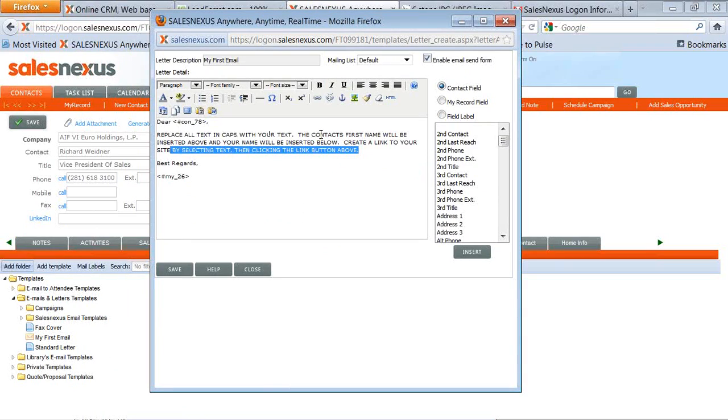Replace all this text in caps with information, as you'd like it to be. Up here, this is a mail merge field for the recipient's first name, and down here, this is a mail merge field for your contact information that's being pulled from your record within the SalesNexus database. If you wanted to, you could type in some specific information like this. And then I'm going to change this text to